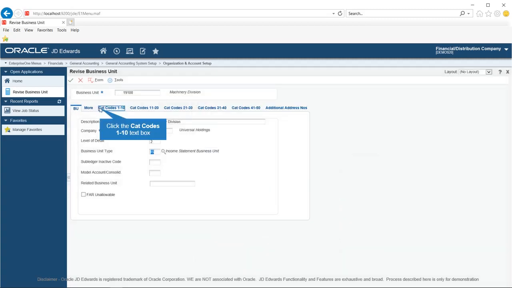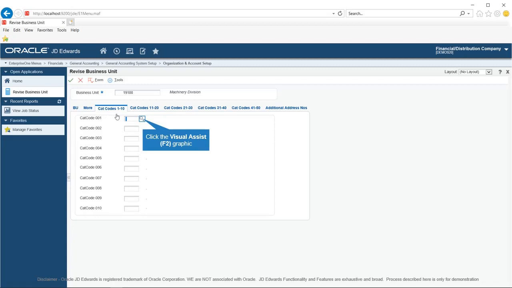Click on the category codes 1 to 10 link tab. Use category codes to group business units in a way that enables you to report on financial information such as by function, region, division, or geographic areas. You can also use category codes for internal management reporting, such as reporting on information that is associated with different legal entities.